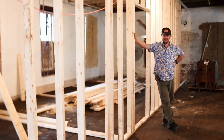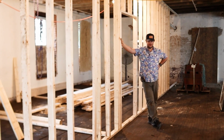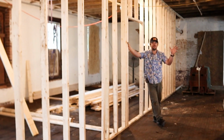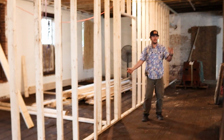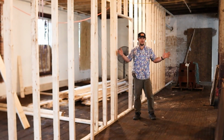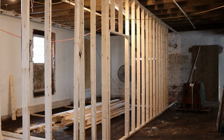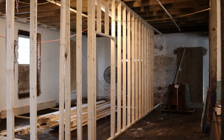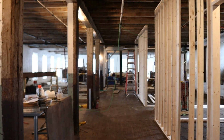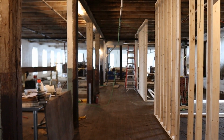I just walked through the door from the kitchen into this hallway, which is really cool. I'd say one of the most satisfying things you can do in a construction project is build a wall. And as much as I don't like building walls in this nice, awesome open space, these walls are just in the right spot to separate the spaces and make them cozy and perfect while still leaving the openness of the mill. So we're building this 72-foot, 73-foot wall down the corridor, and it brings in this series of